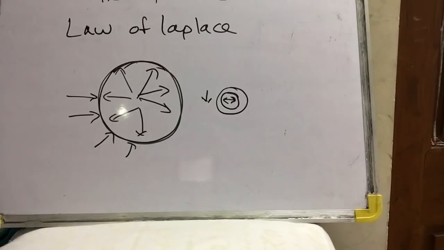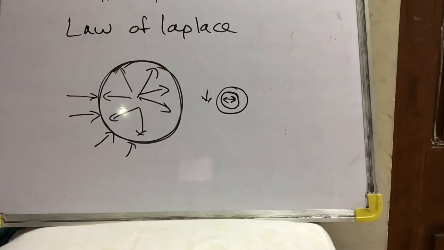So this is about the pressure, flow, velocity and the relation between these three. So now we talked about the velocity and blood flow. The velocity depends upon the flow and the cross-sectional area.